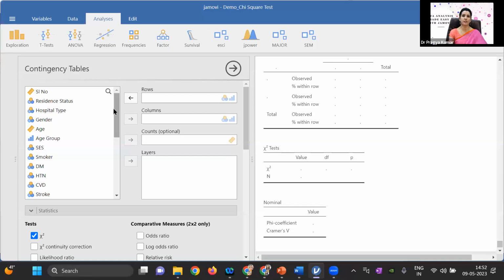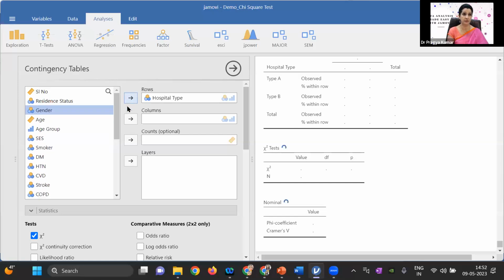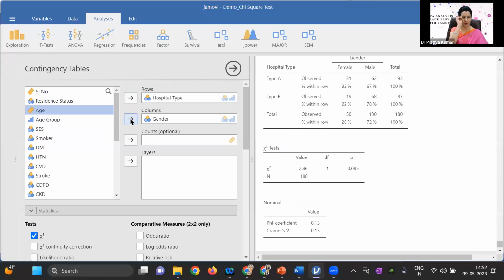So now coming to the same question. The research question was, I have to see the male and female proportion in type A and type B hospital. So this hospital type is an independent variable. So I'll move this to row, and then the gender in this case is a dependent variable because I have to see the male and female, whether the proportion is same in the male or female or about